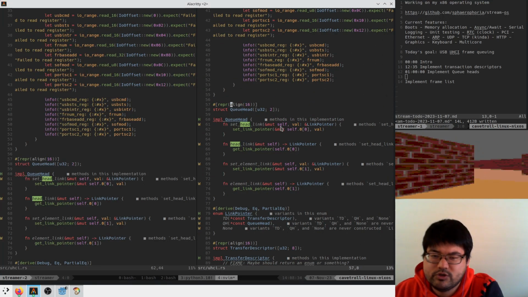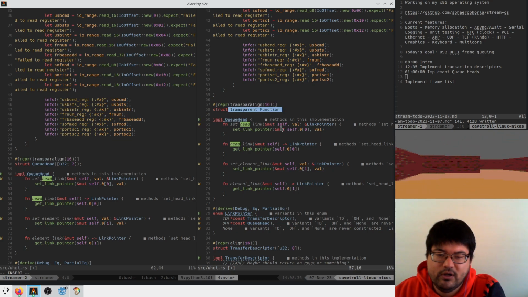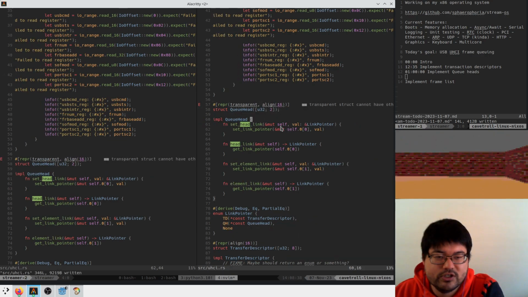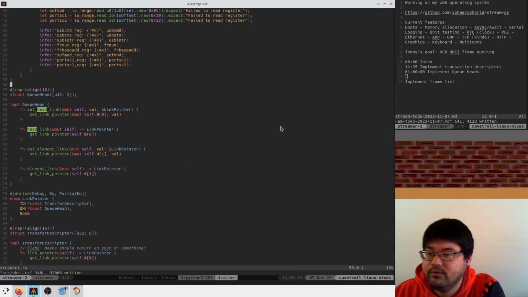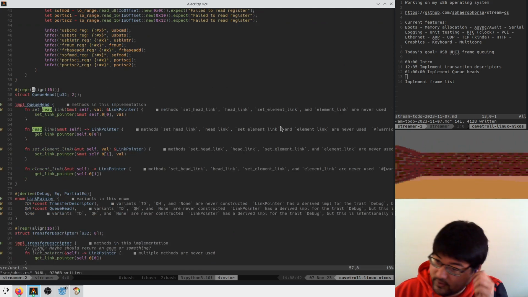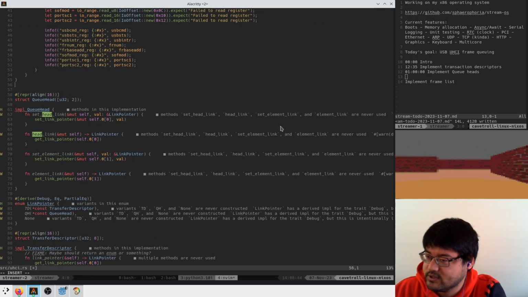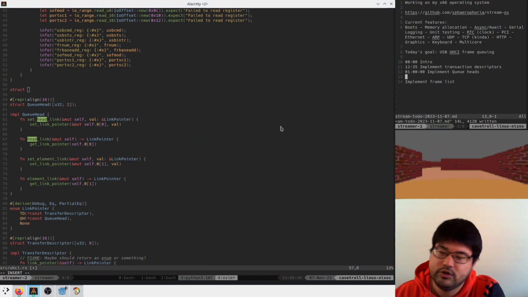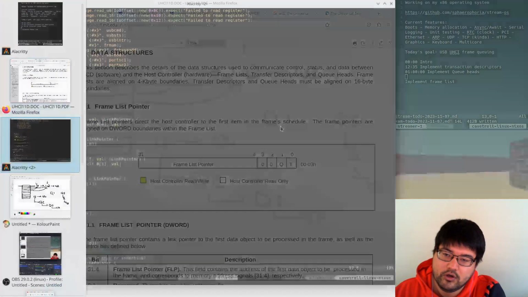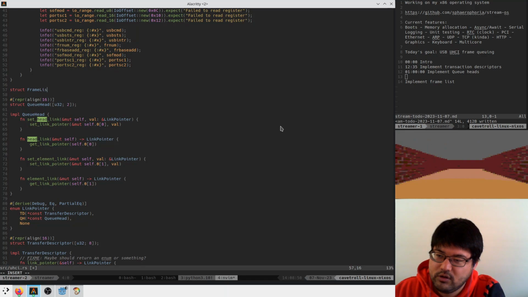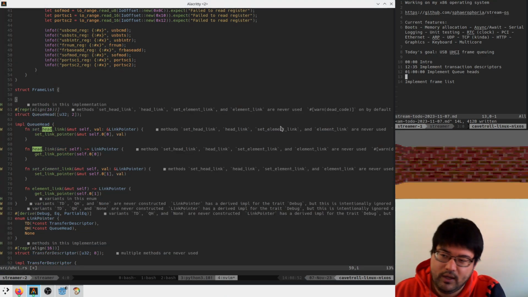Oh, I think we actually have to write repr transparent in all of these as well to make sure that there isn't extra padding. Nope, it doesn't like that. That's fine. So I think we just say struct frame list, and